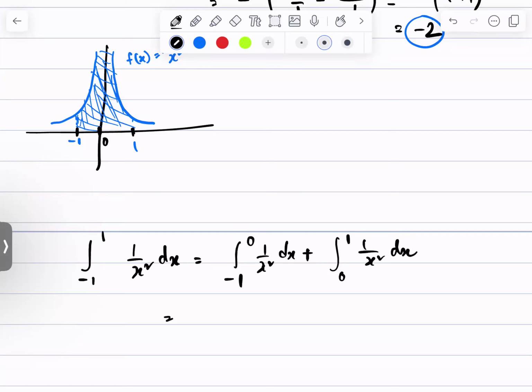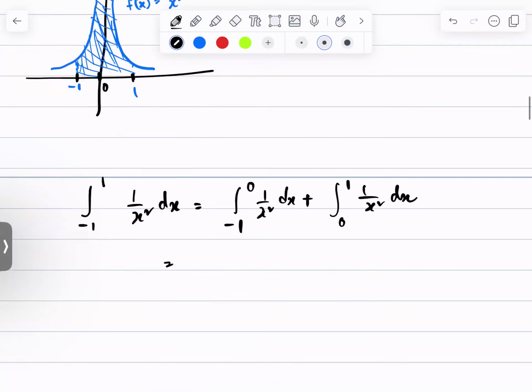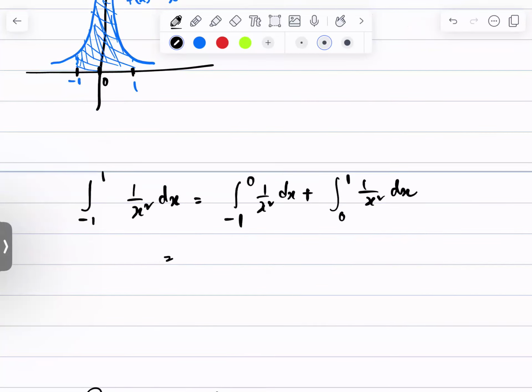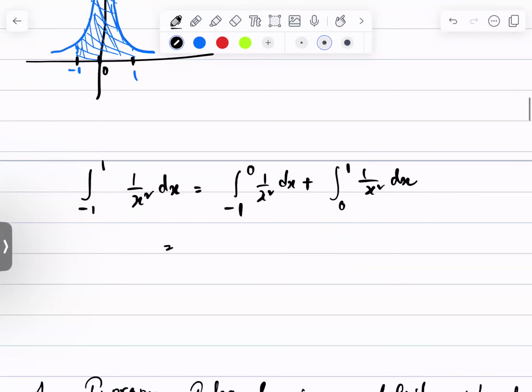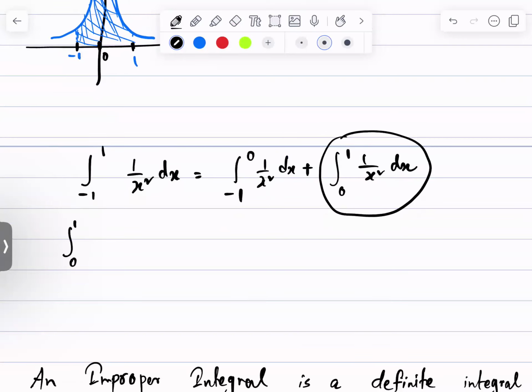Then if you calculate this, say I want to work with this part separately,